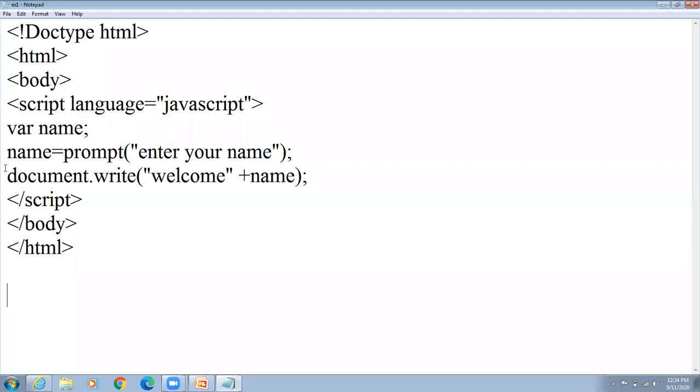To accept a number from the user, the JavaScript statement must use parseInt, because it is parsing the string into an integer. It is already a string, so no need to convert. In this way you can write your simple program.